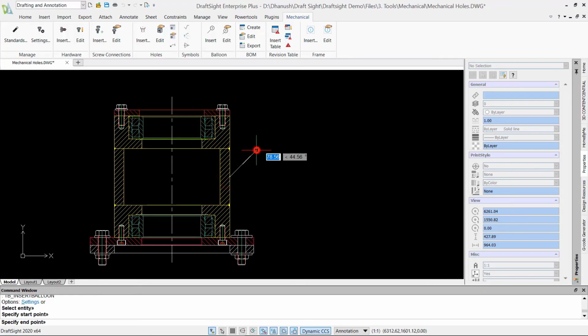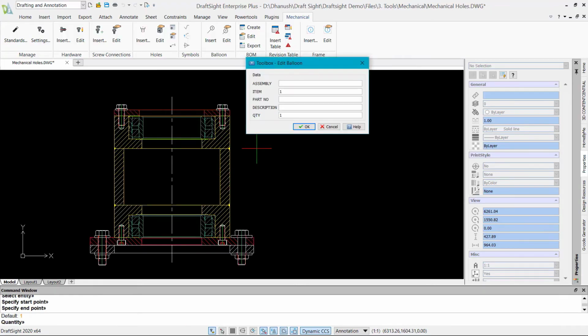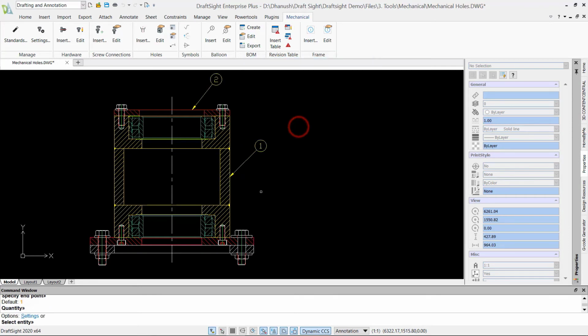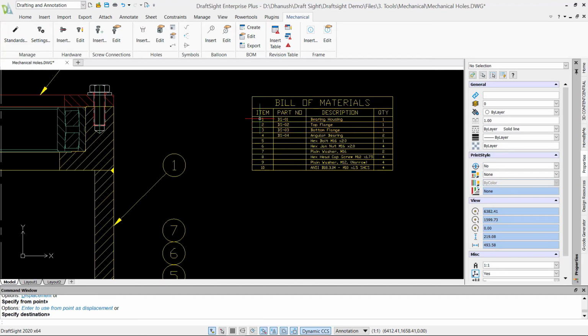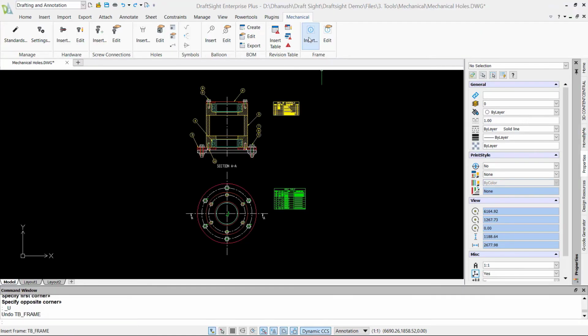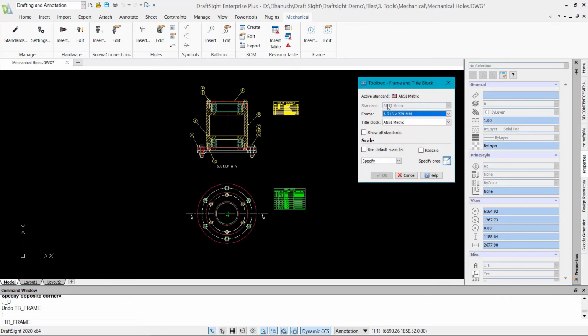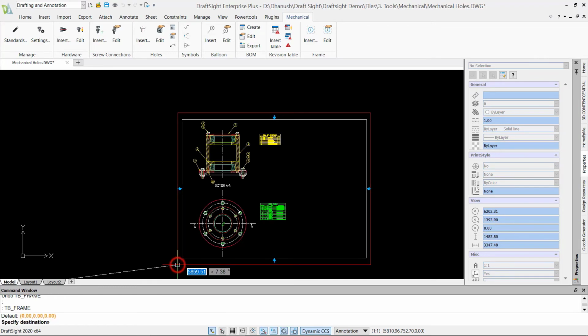Design and add balloons to drawing entities. Use the item data associated with balloons to add bill of material tables to your drawings. The mechanical toolbox lets you generate title blocks and borders based on the selected standards, and it has been equipped with attributes.